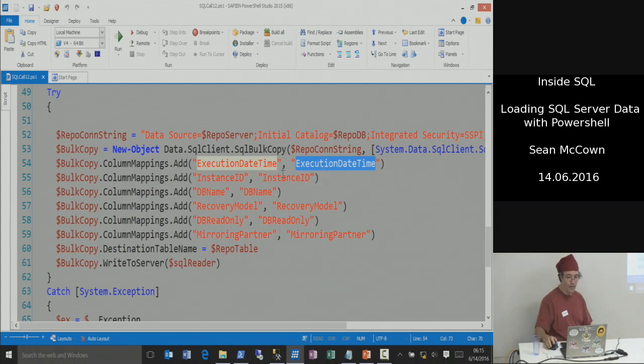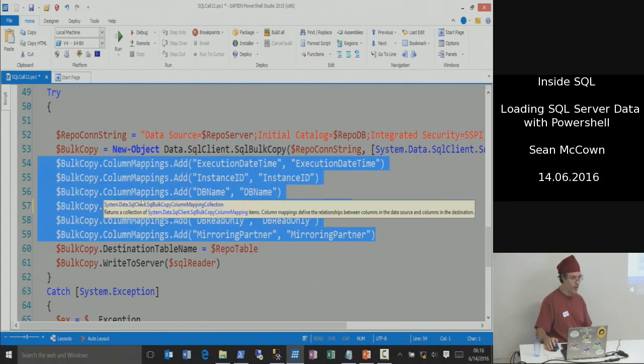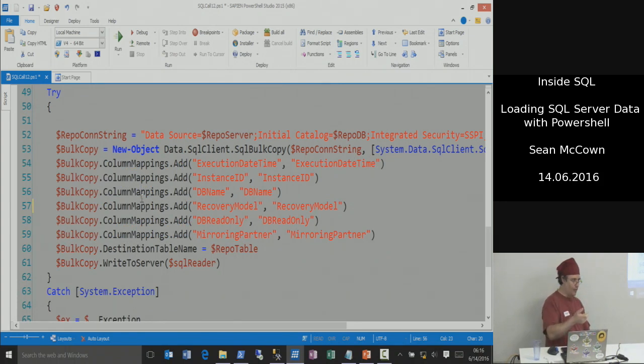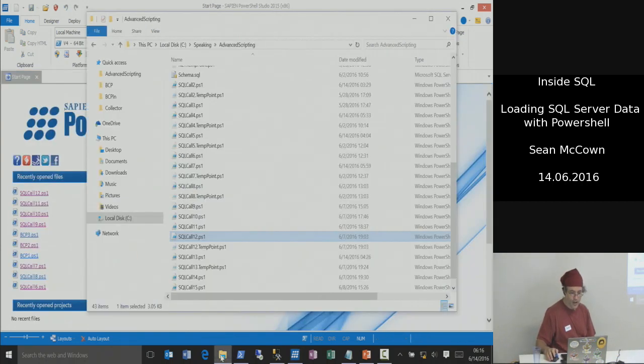Same thing. So source, destination. And again, if you've got 75 columns, this doesn't really scale well as far as being able to write it, right? But if you have that list of columns, you can do that regex trick that I showed you before and just pump it right in here, and you're back down to 30 seconds, right? So you can do the column mapping. Oddly enough, that's not the one I use most of the time. I use